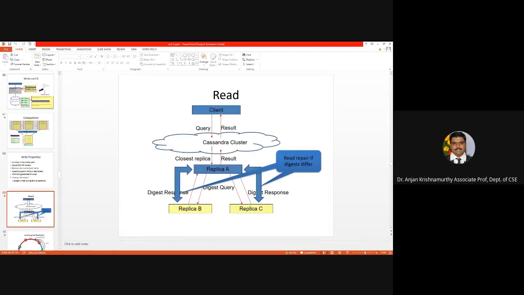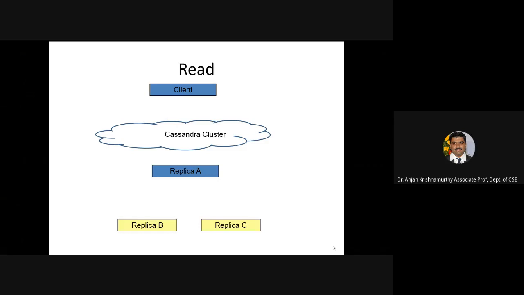When it comes to read operations, the query for the read result is sent to the cluster. The read is done by finding a replica which best has the data that has been requested by the client. There are multiple ways in which the read happens. Before you look into read operations, where replication and partitioning come into the picture, you must also know that whichever is the closest replica that matches that particular query is fetched first.